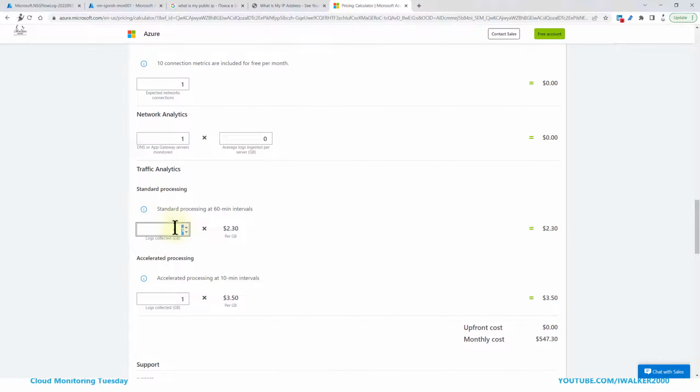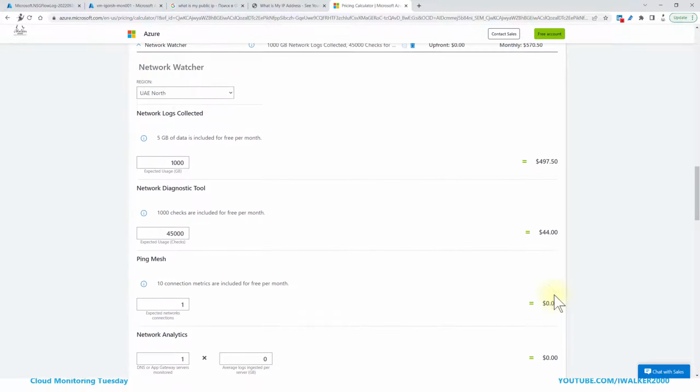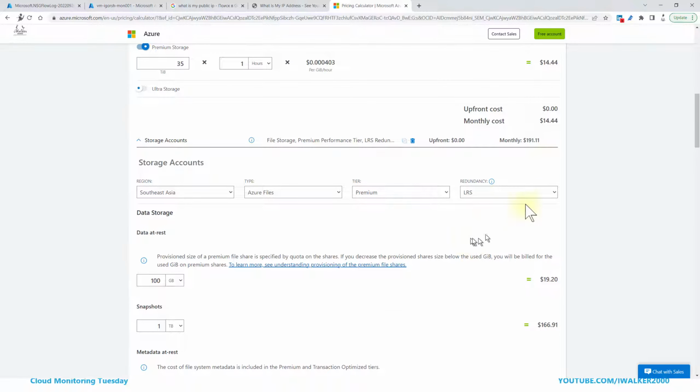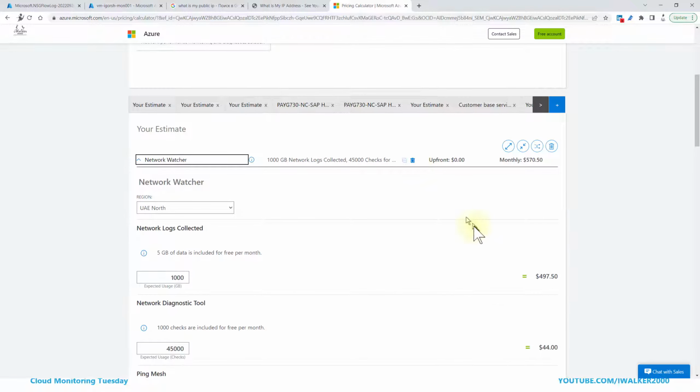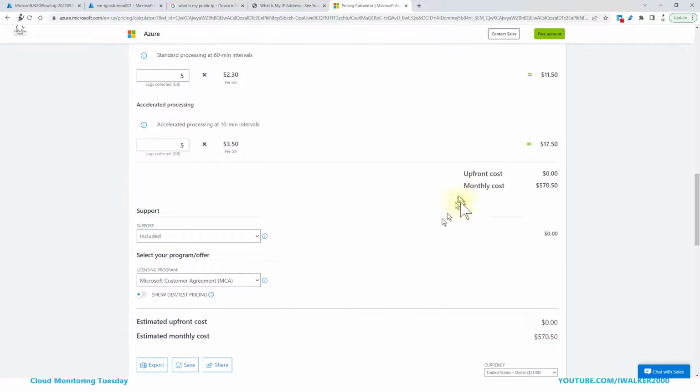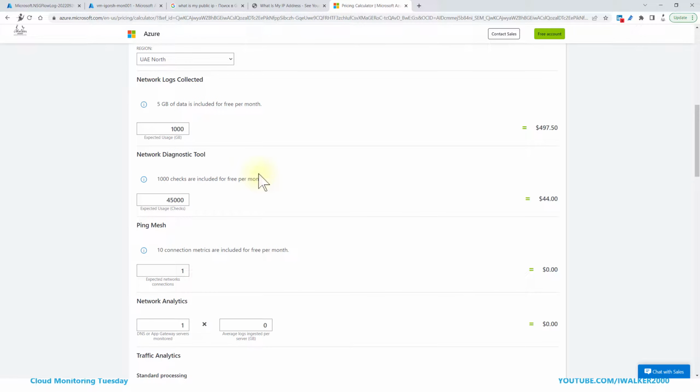So the price, and we can put 5 GB accelerated processing every 5 minutes. Again, because here are other options. I just calculated something. So $500 per month. It will be the price for, let's say, normal